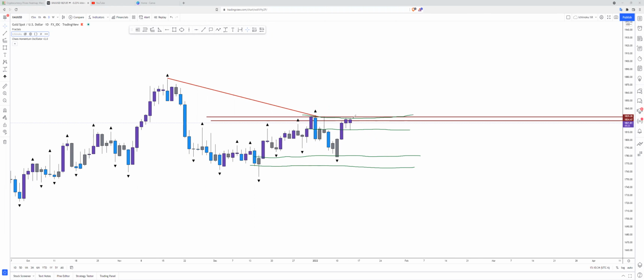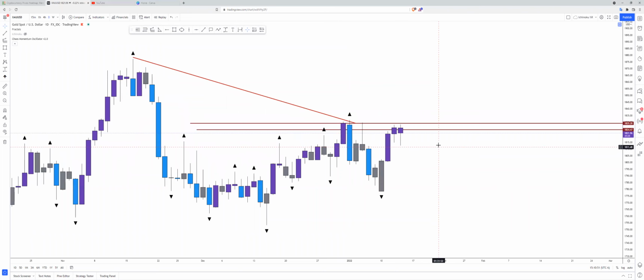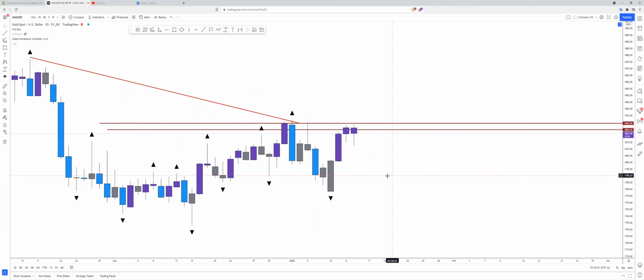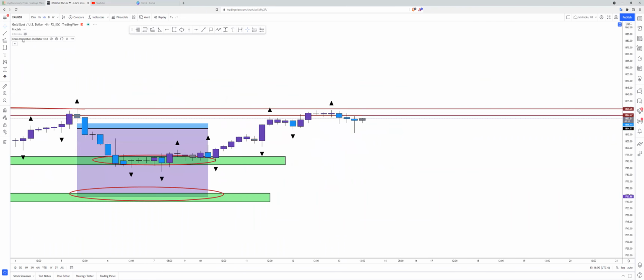If we get a rejection here, I'm thinking the price will start moving back to the downside, and that's what I would look for. But there's no information there on that happening. You do have this hanging man candlestick, which is a bearish reversal candle, but that's not enough to confirm it moving to the downside. So coming to the 4 hour,